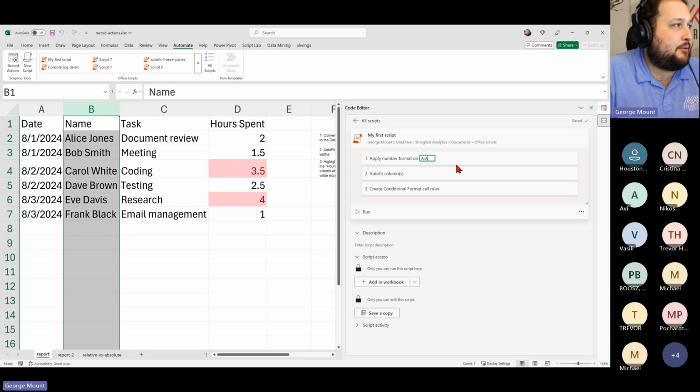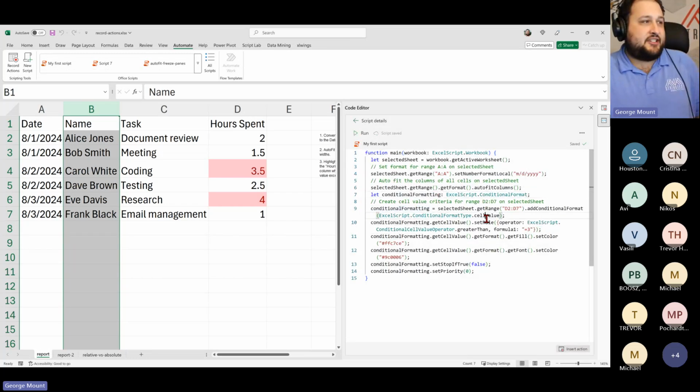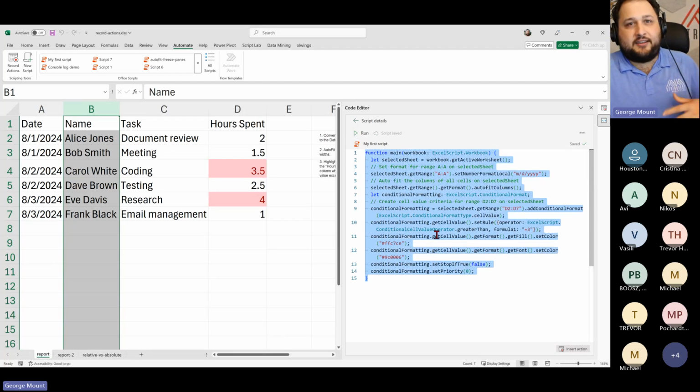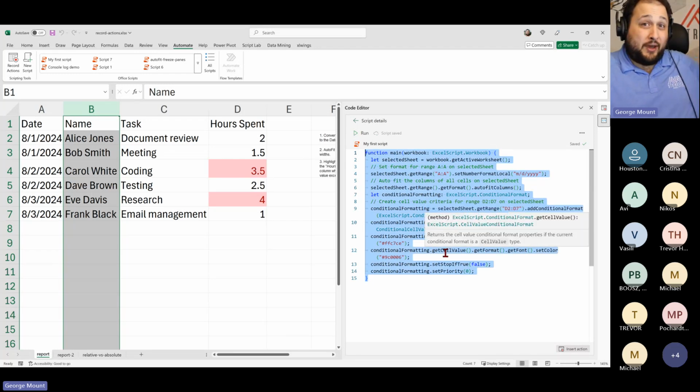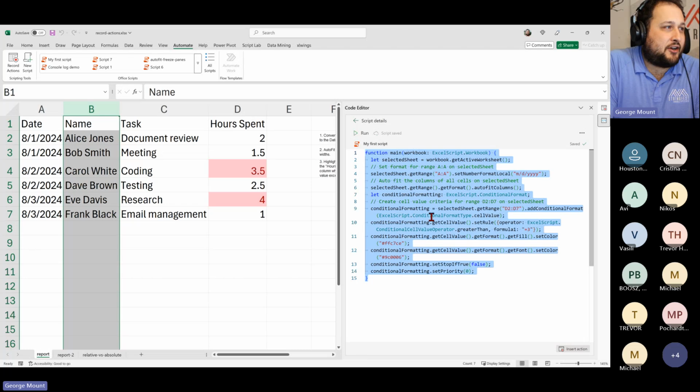Okay. And the other thing I want to point out, which is really interesting, is that I've never seen just the steps listed here. Usually I'm used to actually seeing the code. So if I click advanced edit, okay, this is what I'm used to seeing. It looks like they're trying to push you further and further away from needing to use and access this code. Unfortunately, as you're quickly going to see, we're far away from that. But this is the code that gets generated by Office Scripts.